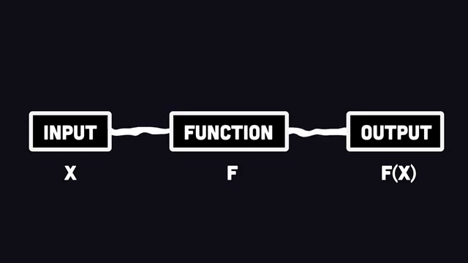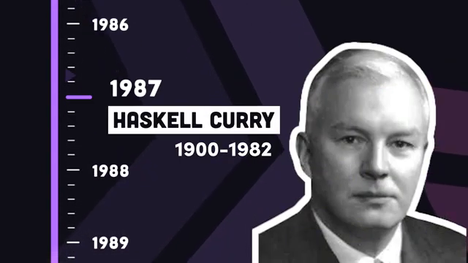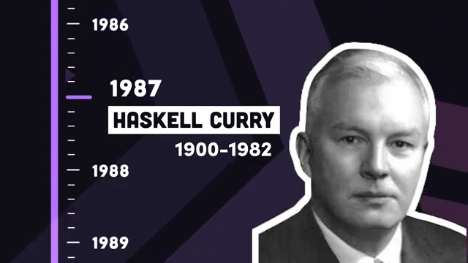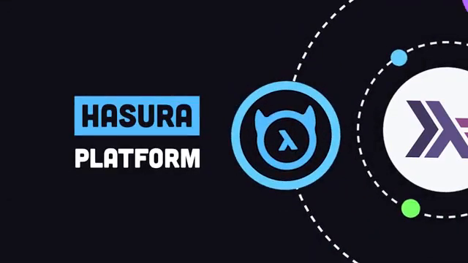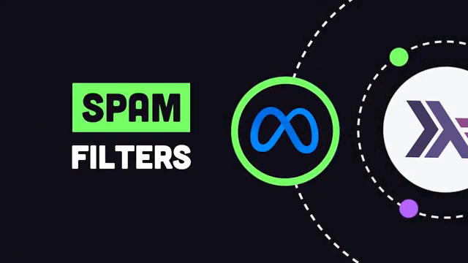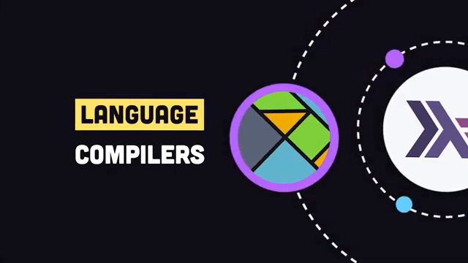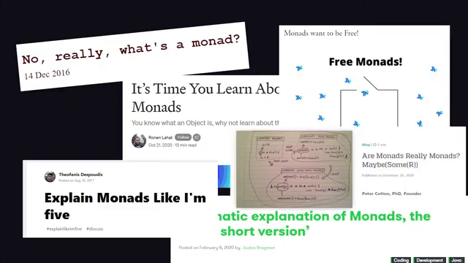of the application. It was first developed in 1987 and named after logician Haskell Curry, whose work had a massive influence on the functional programming world. It's been used to build a wide variety of server-side applications, like the Hasura API platform, spam filtering at Facebook, and compilers for other languages like Elm and PureScript, and it's responsible for a countless number of blog posts about